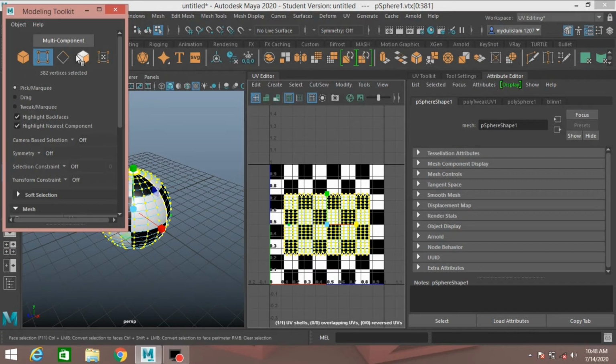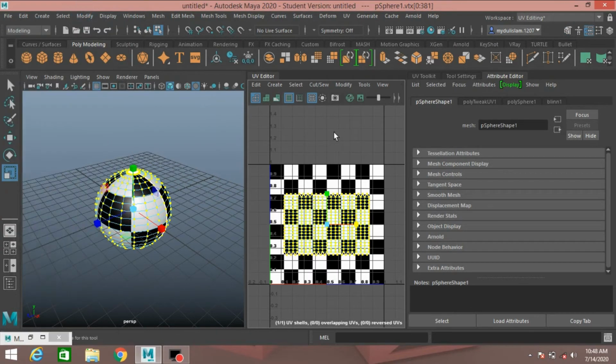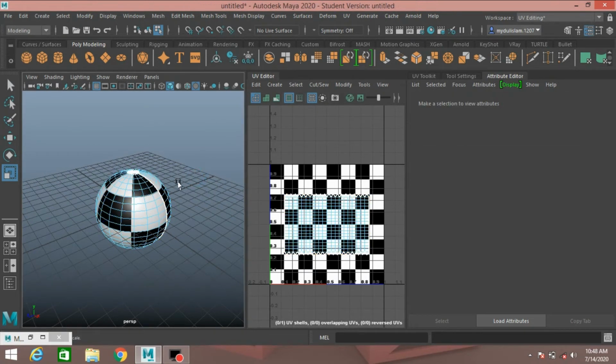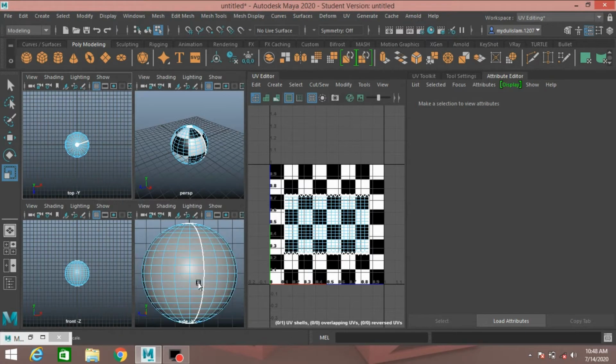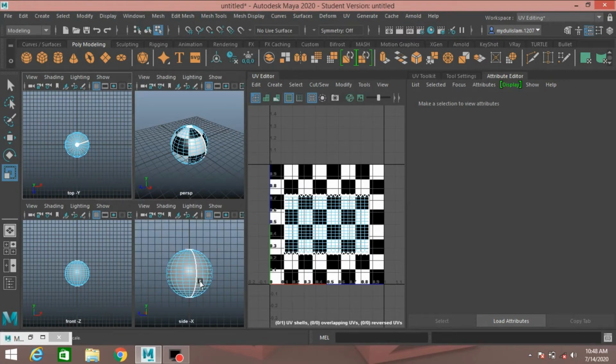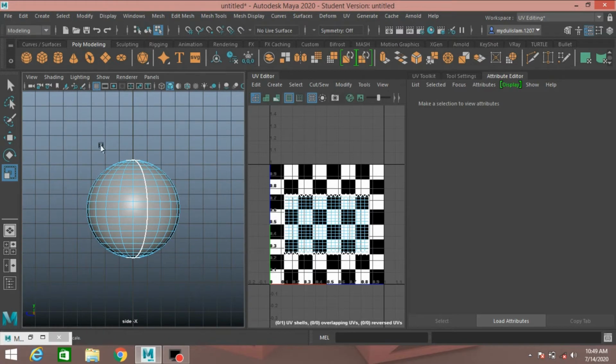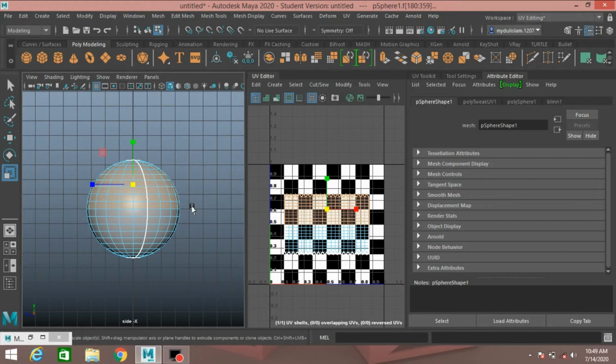Now go to face selection mode, click on this icon, press spacebar, go to side view, select the upper half face of the sphere.